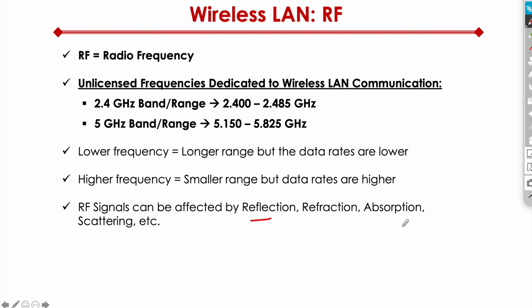If the wall is made up of a certain type of material, your signals may not make it to the other side of the wall. So that's absorption. And finally, scattering, where the signal just kind of scatters everywhere. So these are issues that the wireless LAN suffers from, and we have to be cognizant of that as we're designing our wireless network, because these things can have an impact on the overall quality of our